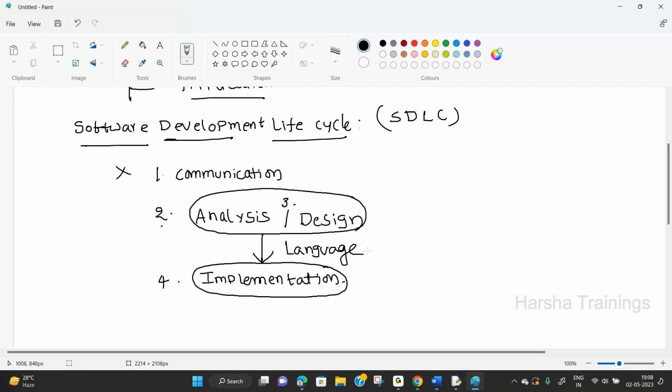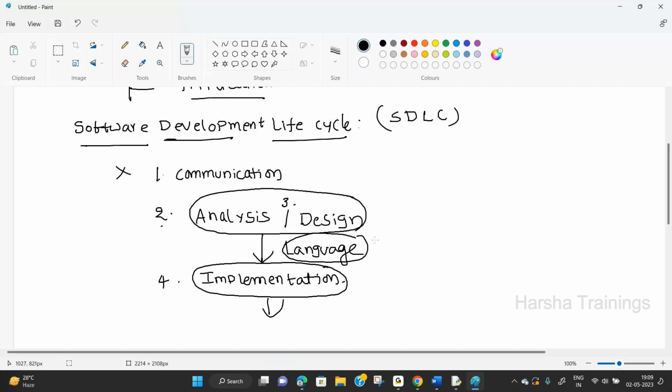Now the language comes into the picture. After coding, the remaining phases are testing, deployment, maintenance, etc. The language is used for converting the analysis and design into implementation.